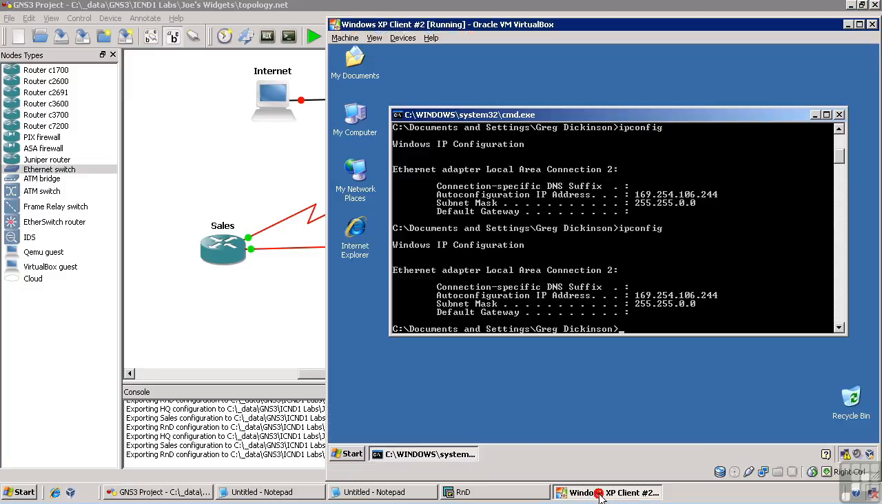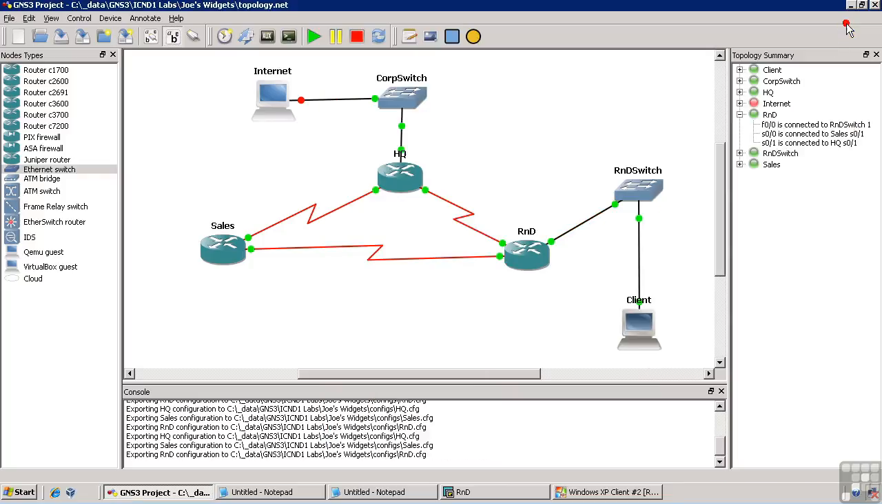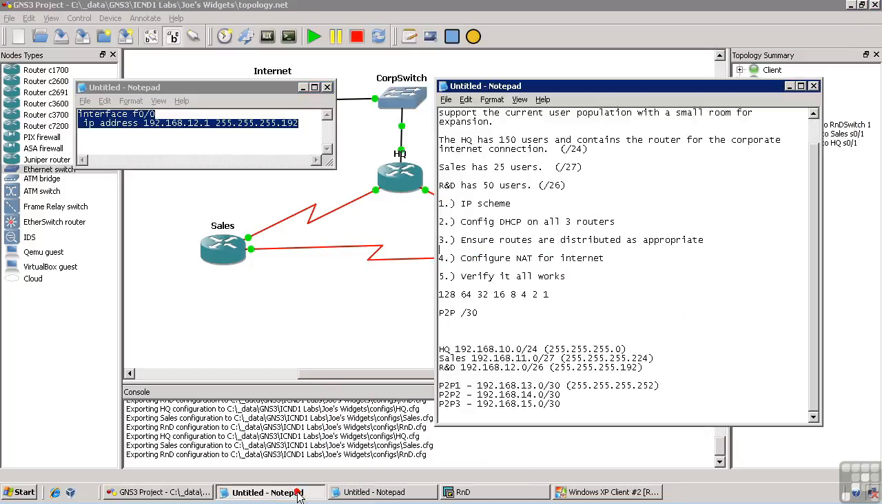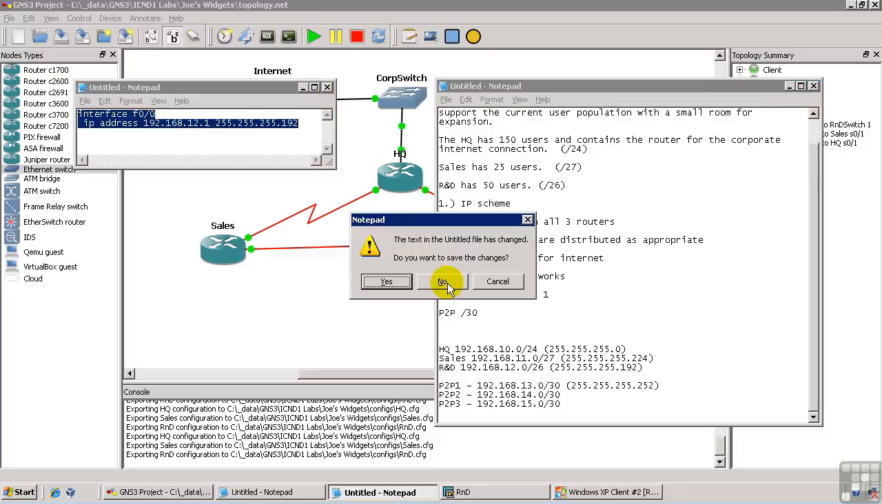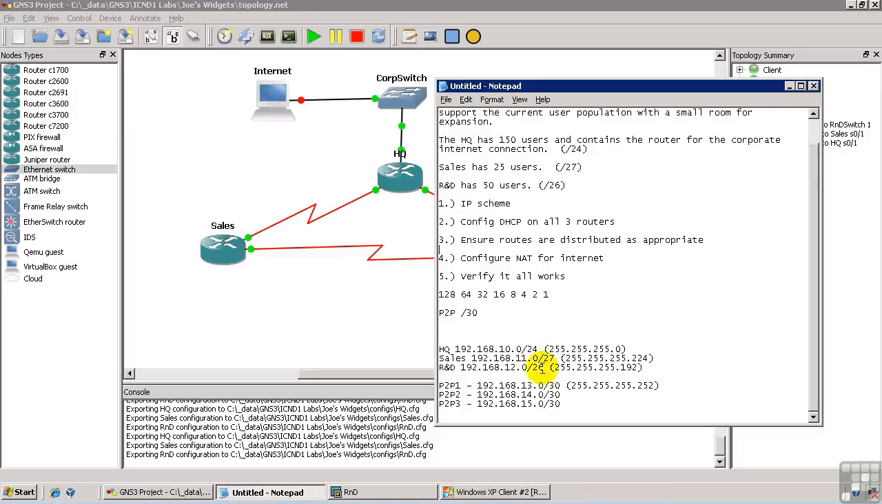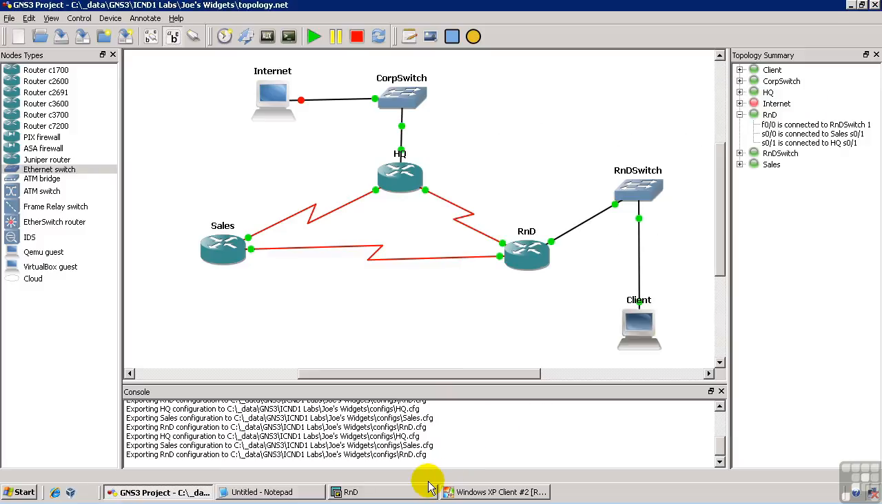I've got my Windows XP client here, and right now he has no valid IP address, or he does, but it's not valid for our network. And by the time we're done, we should be able to renew this IP address and get an actual address that's in our range. If we look in our range here for R&D, it should be 192.168.12.0/26. The first thing we'll do is we'll go out here to our R&D router